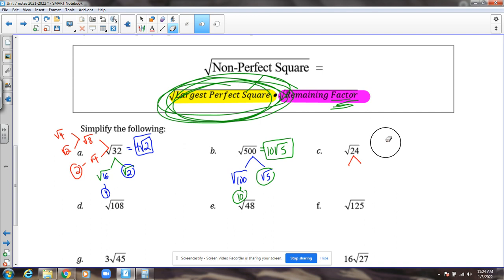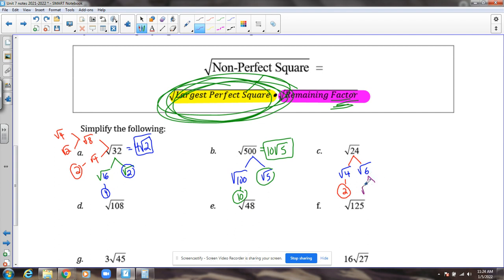So again, when you're doing these simplifying radicals, you want to find numbers that are perfect squares. So if I look at the square root of 24, I know 24 is 4 times 6. And the reason I picked 4 is because that simplifies to just a plain old 2. That was the biggest perfect square. Okay, now if you look at the 6,